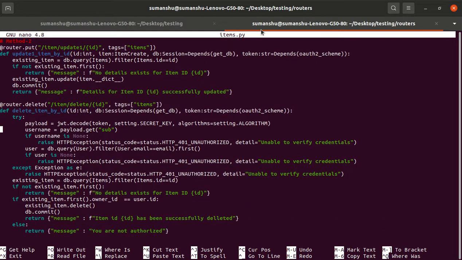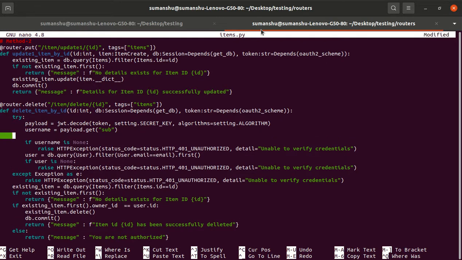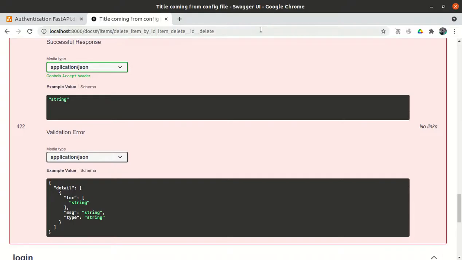So something is wrong. We are getting the jwt.decode, we are getting the token, we are getting the secret key, we are getting the algorithm setting.algorithm, we are getting the username. Let me try to print the username, whether it is reaching till this point or not.